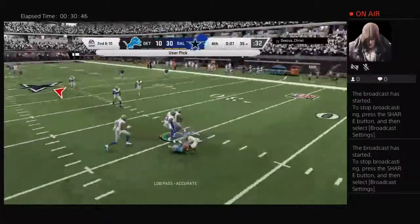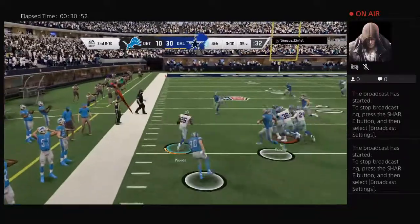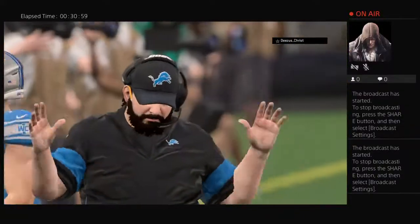Get it done. And he's going to be intercepted a third time. Xavier Woods with a pick. And that will write a finish to this ball game. And Charles,